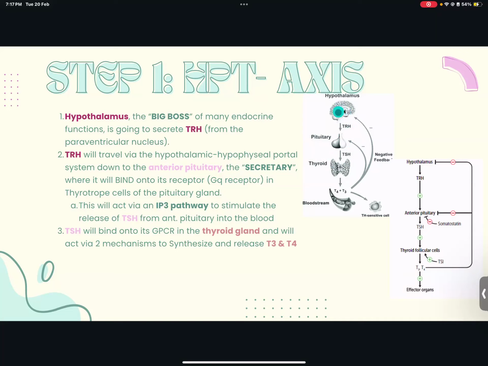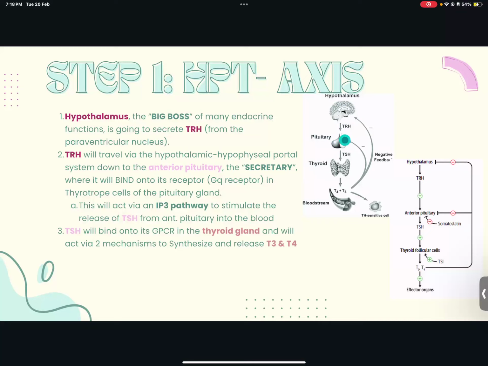This thyrotropin releasing hormone is going to act on the pituitary, specifically the anterior pituitary, and it's going to get there via some blood vessels we call the hypothalamic hypophyseal portal system. It sounds like a complicated name, but I swear it's not. It's just a set of blood vessels between the hypothalamus and the hypophysis. The hypophysis is just another fancy word for the pituitary gland in general. In this case, we're talking about the adenohypophysis, the glandular part of the hypophysis, so the anterior